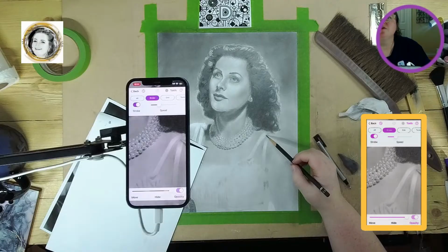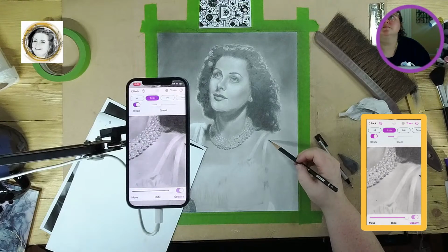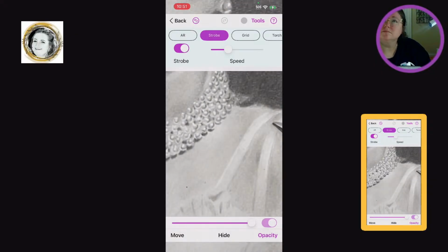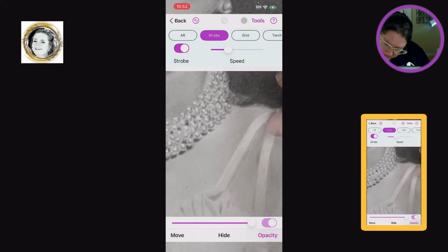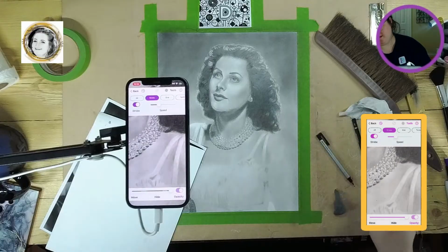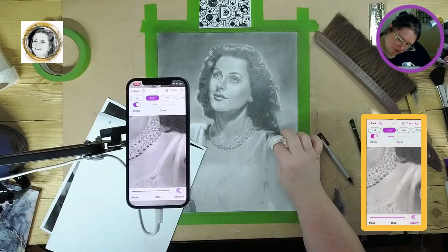I'm just playing around a little bit more, fixing the shapes of some of these things here while looking at the Vinci Eye App. And then again, I'm going to pick up some of that graphite on the strap just by dabbing and picking it up. Trying to use a shape that is very similar to the size of the strap itself. So some of it I'm dragging and some I'm dabbing. I'm just blending out the edges a little bit